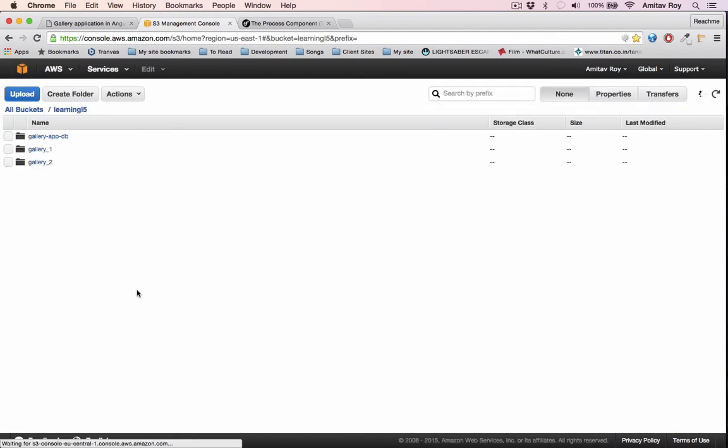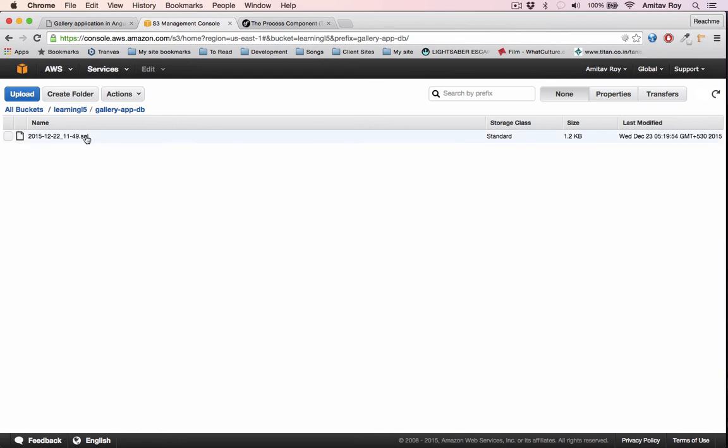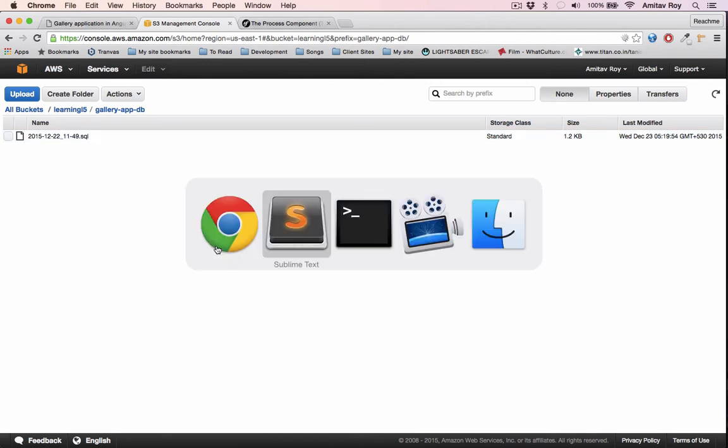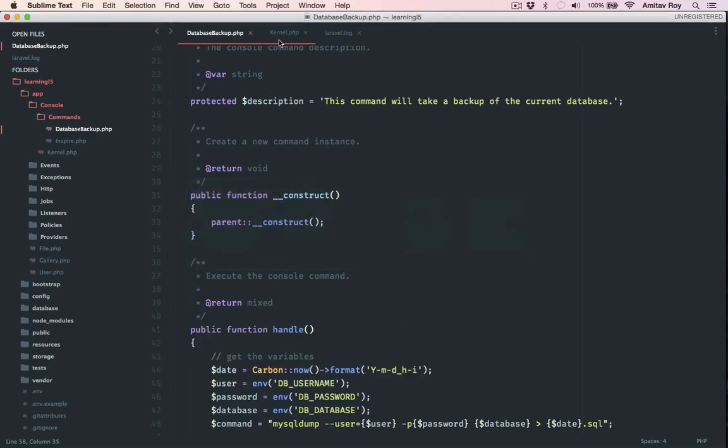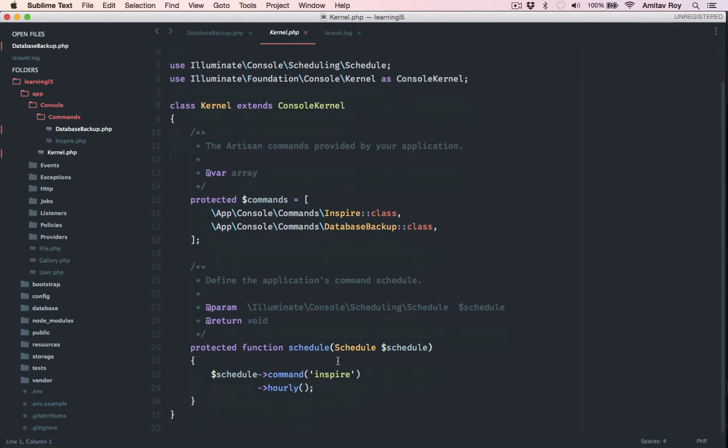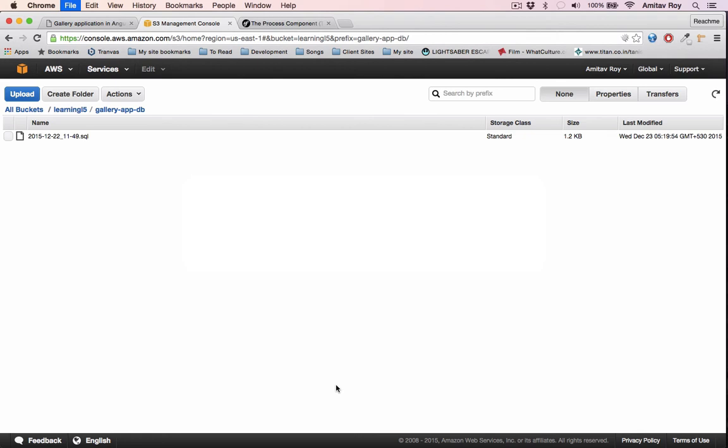And yes, I have the folder, and I have a file which is 1.2 KB, which means the SQL file is created. Alright, so the code is working properly, and the only last piece now remains is basically to schedule it. So we can go inside the schedule function of the kernel.php file, and if you go to the documentation of Laravel,